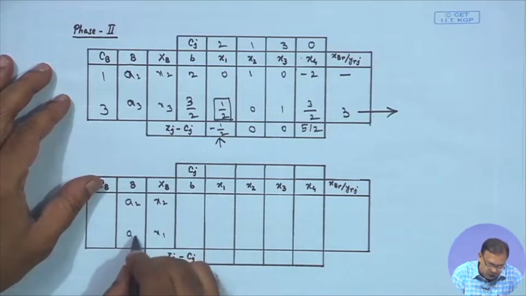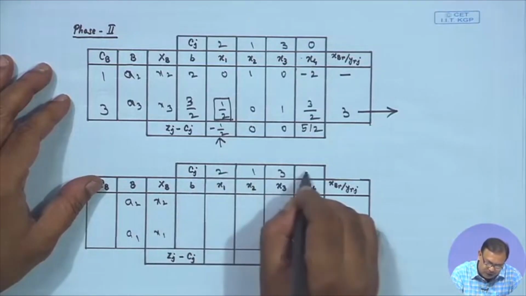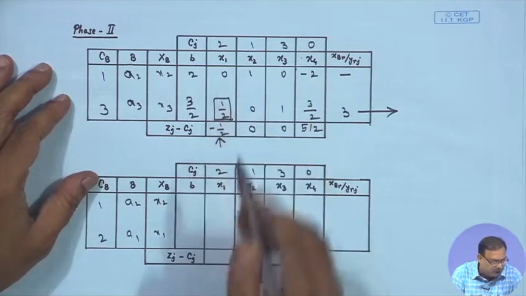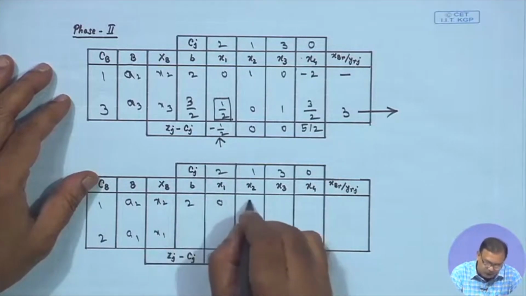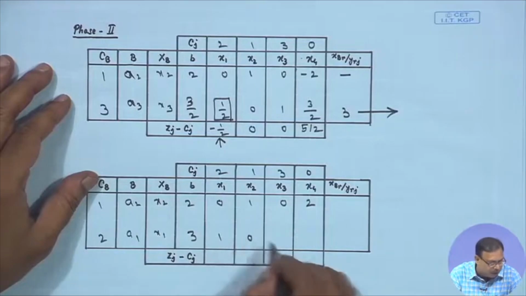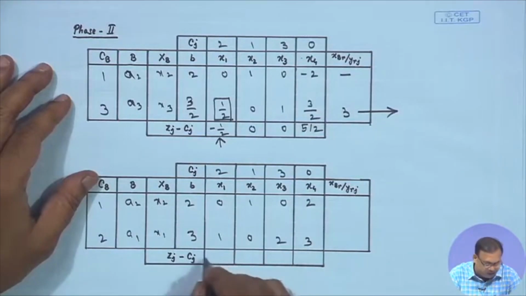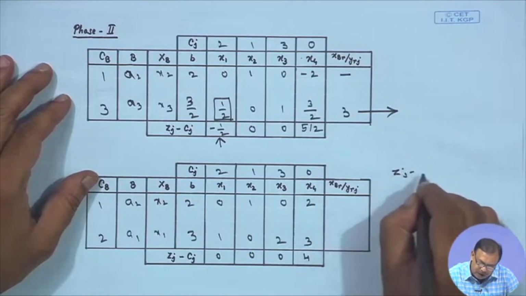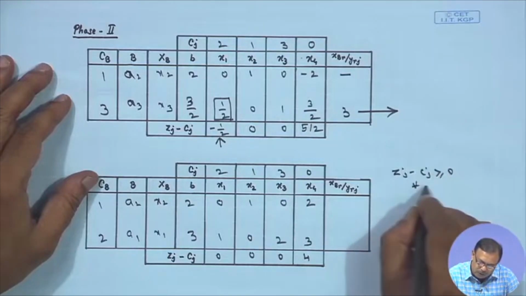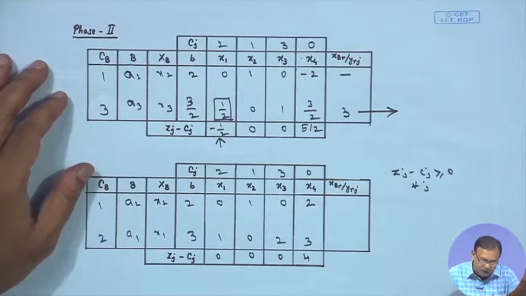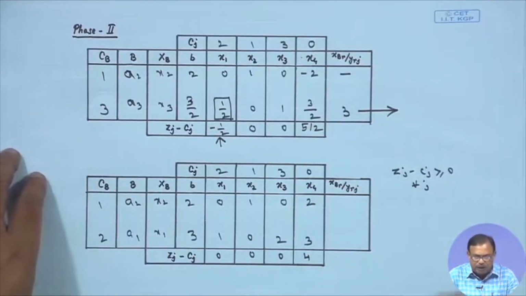So, this is A2 A1, your Cj values are remaining same. So, here it will be 1 2. So, this I will make 1, this is 0 already. So, the table you will obtain 0 1 0 2, and in this case it will be 3 1 0 2 and 3. Zj minus Cj, if you calculate 0 0 0 4. So, your Zj minus Cj is greater than equals 0 for all j. So, we obtained the optimal solution, and the optimal solution is unique, because Zj minus Cj equals 0 for basic